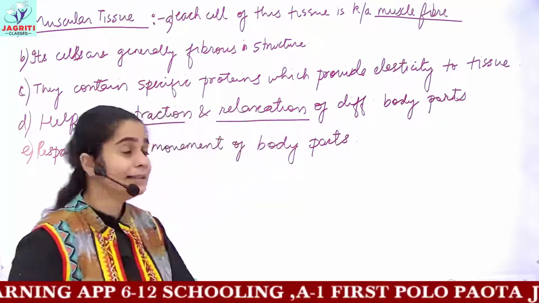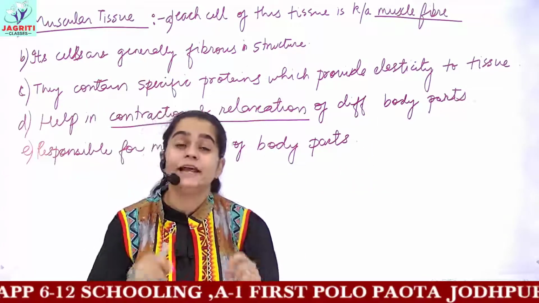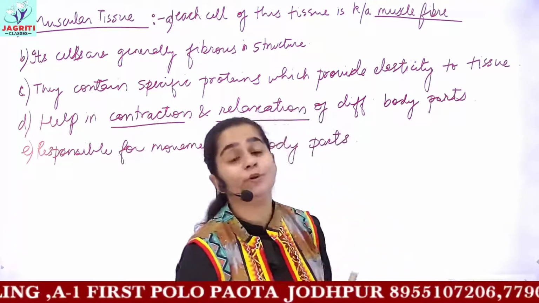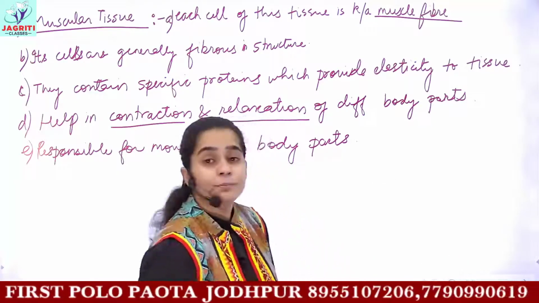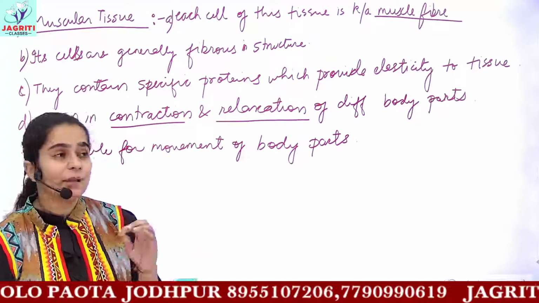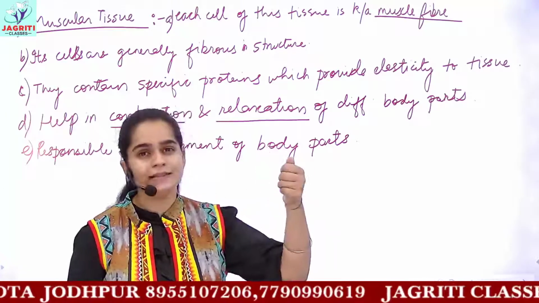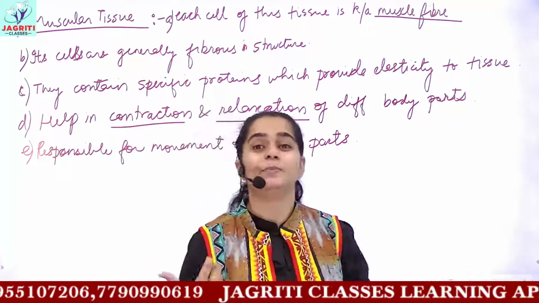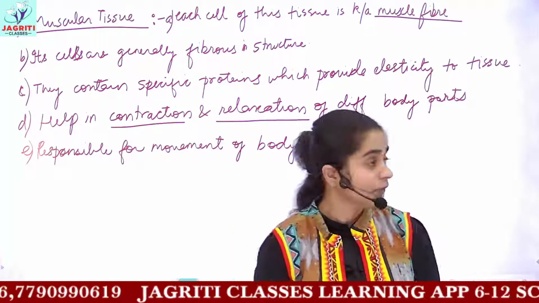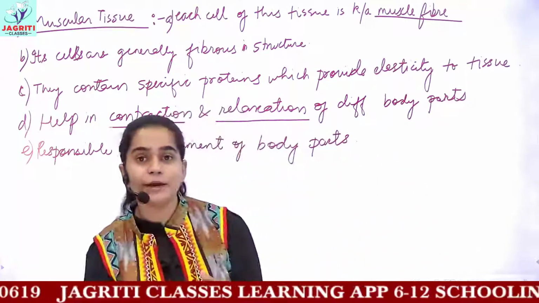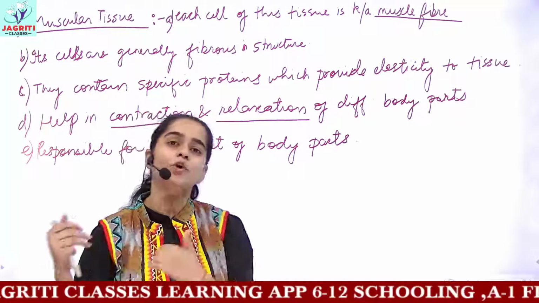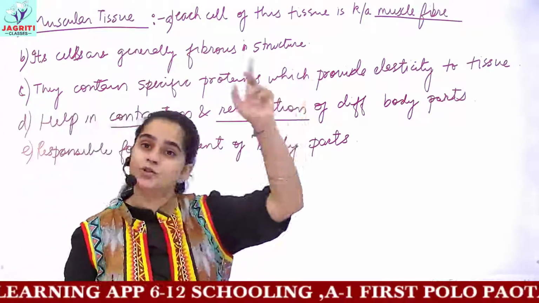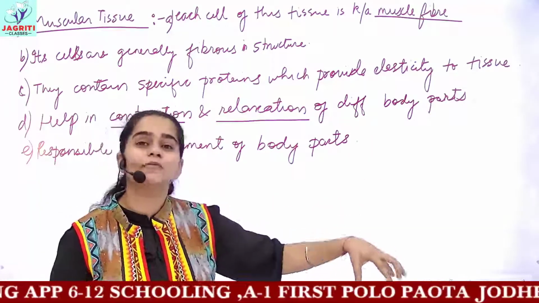If we didn't have this muscular tissue or muscles in our body, then we would not be able to move. We would not show any kind of movement. We would behave similar to plants, because plants and us, what is the common thing? Plants also have many tissues which provide them mechanical strength, and we also have bones in our body which provide our body with support or mechanical strength. So the tissues of plants can be compared to the bones which are present in animals. But plants do not have any tissues for movement, so they cannot move and they remain fixed to one particular place.